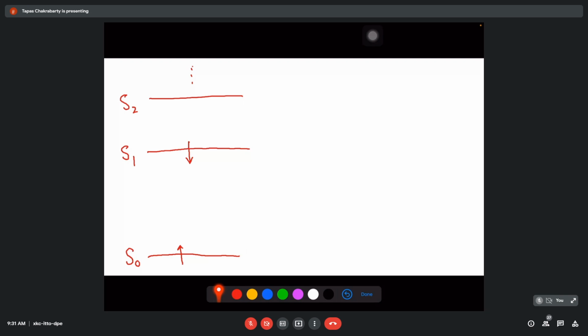Okay. Now, normally when you excite a molecule here, then by various means this energy can be dissipated. The simplest means is that since you have used light to excite the molecule, this molecule can again emit light and come back to the ground state, which is called a radiative transition. Radiative transition means that this electron is coming down from this upper level to this lower level, and the excess energy is coming back in the form of light. This is what we call fluorescence.